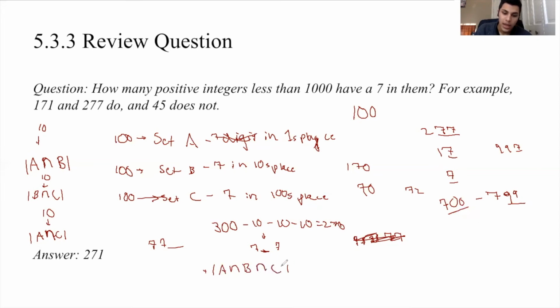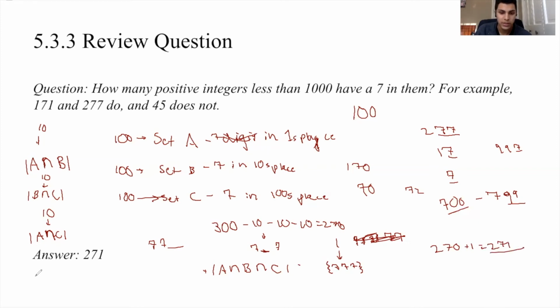C. And the only number in A intersection B intersection C is going to be the number 777, because it has a 7 in the tens place, ones place, and hundreds place, which means that in this intersection set, there is 1 number total. So if we do this 270 that we have plus 1, that equals our 271 numbers